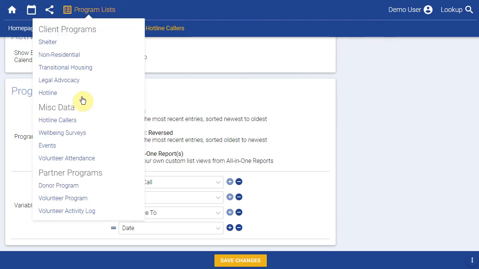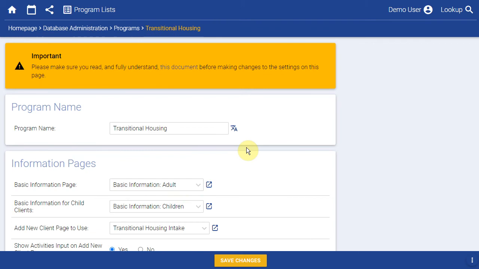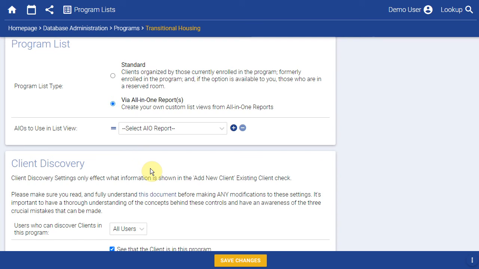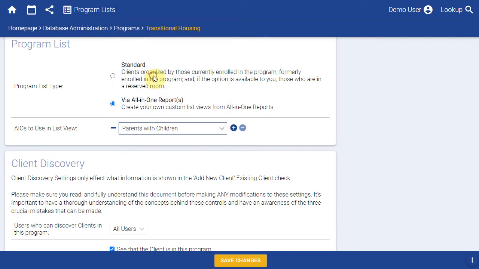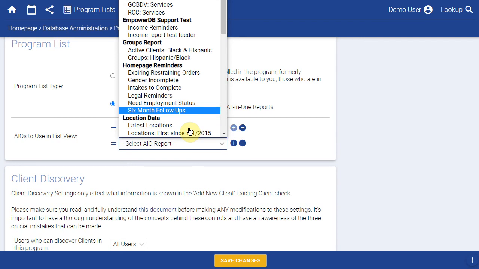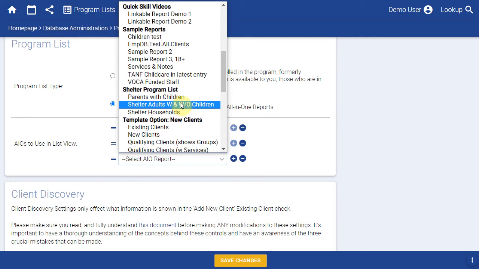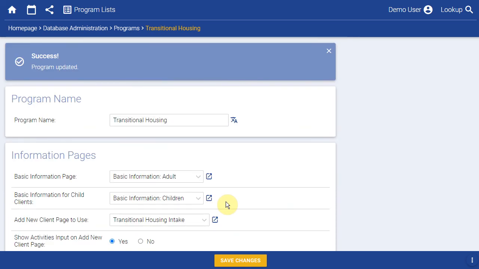So now let's say the standard list view here is not doing it for you. You've got some sort of unique need where you want to have a customized program list. The way to do that is via All-in-One Reports. Once we select that option, we can select the reports that we want to use in this program list. You can just have one if you want, but I have 3 sample ones that I've done. And when I save changes now